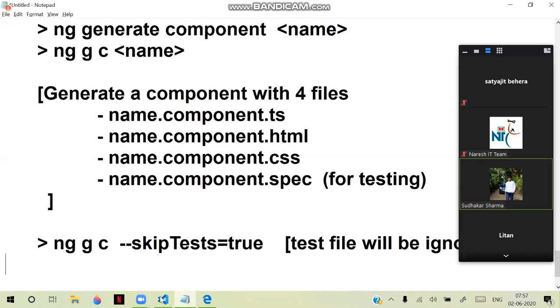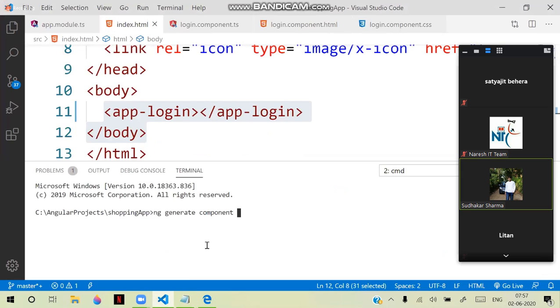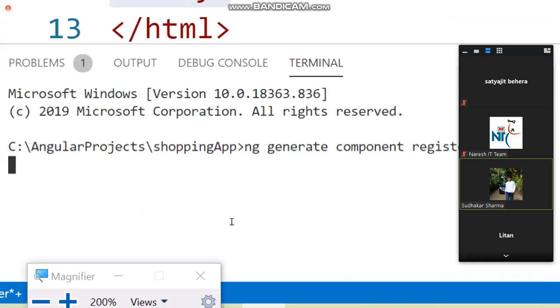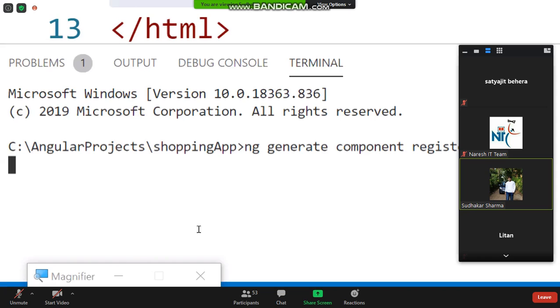Let's do one thing. Let's run this ng generate component. Component name I will give as register. Register is the component name, and hit enter. So I am using the command ng generate component register, and it is going to generate a component. When it generates the component, you can observe